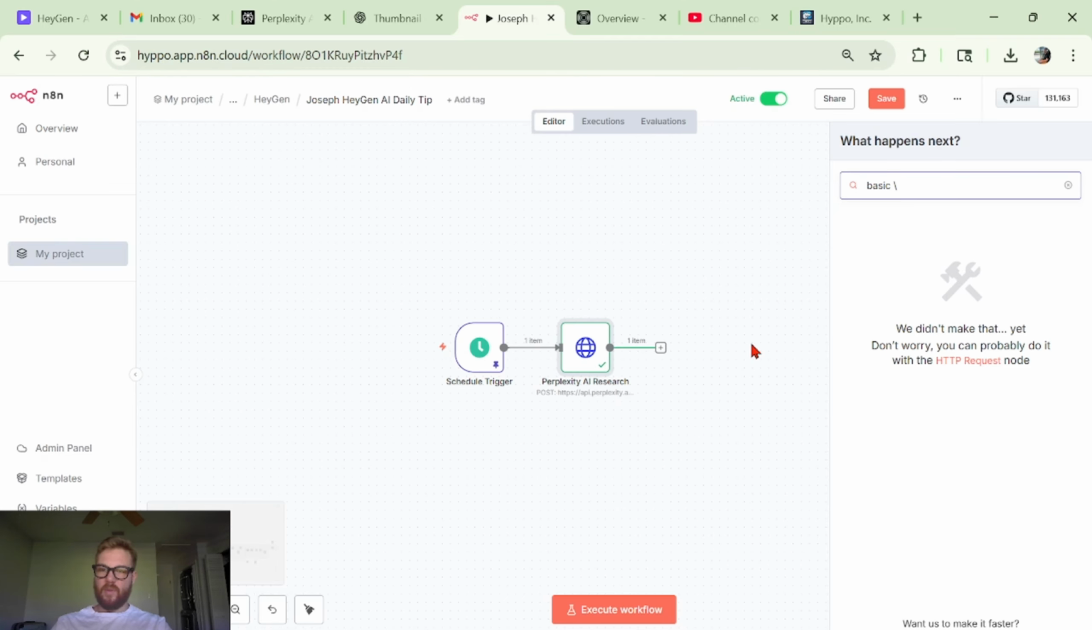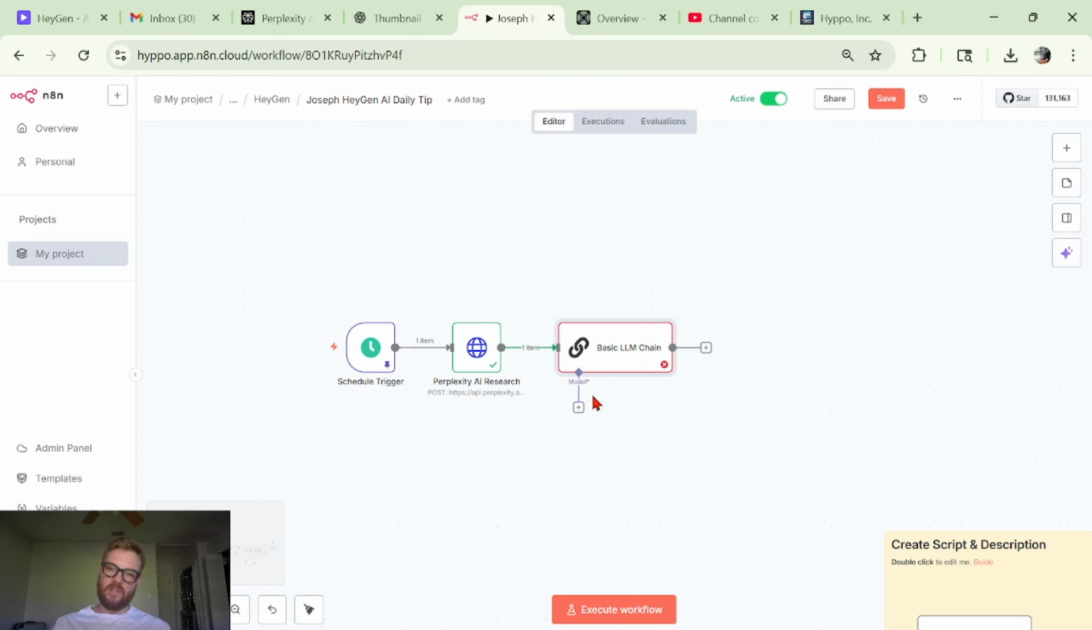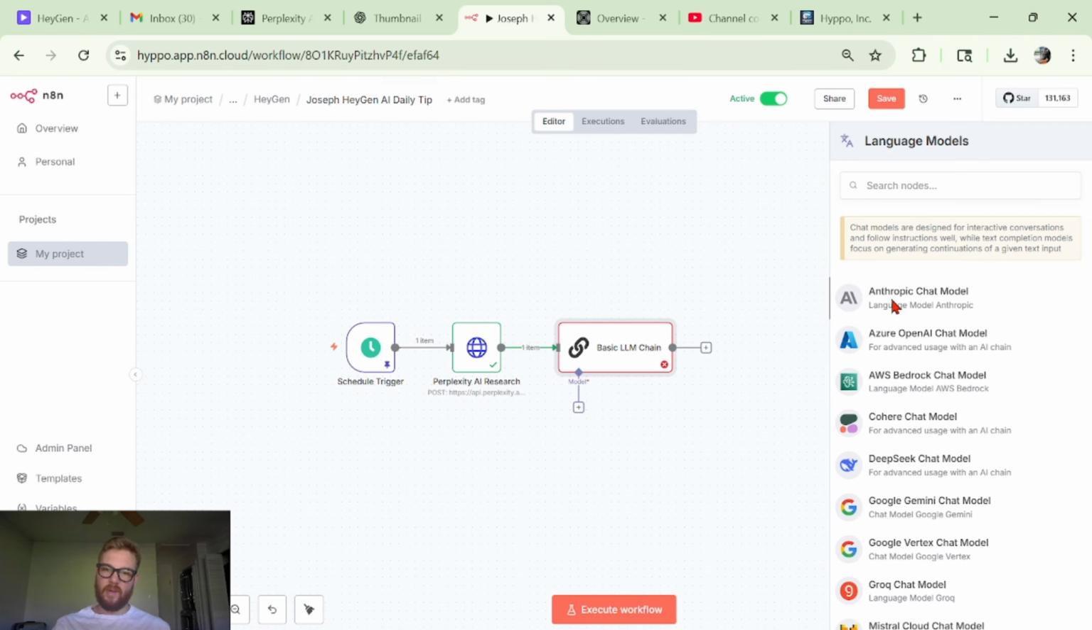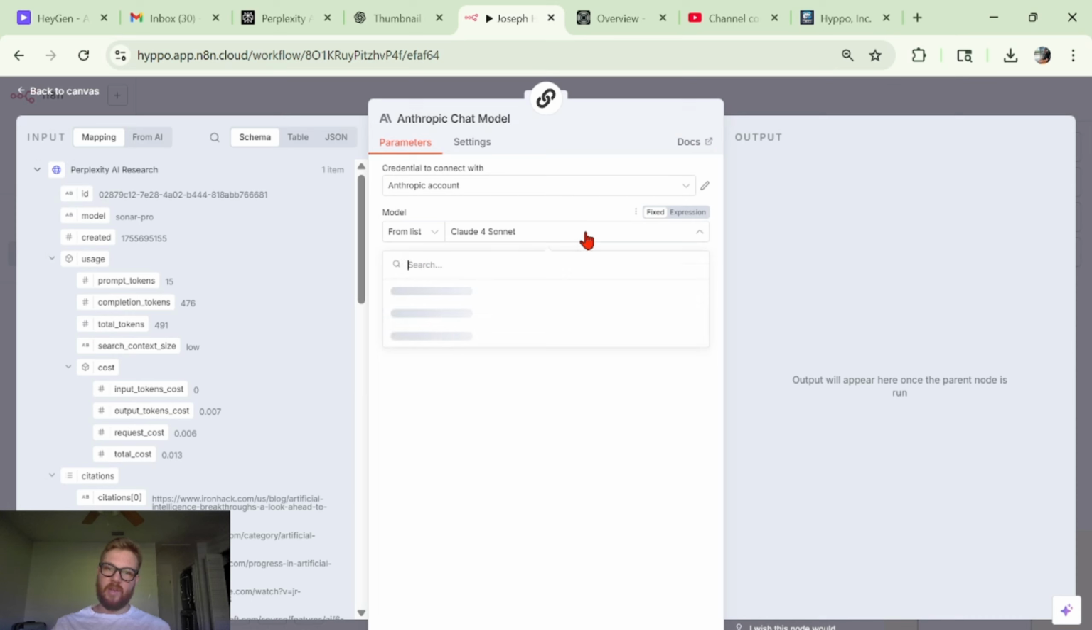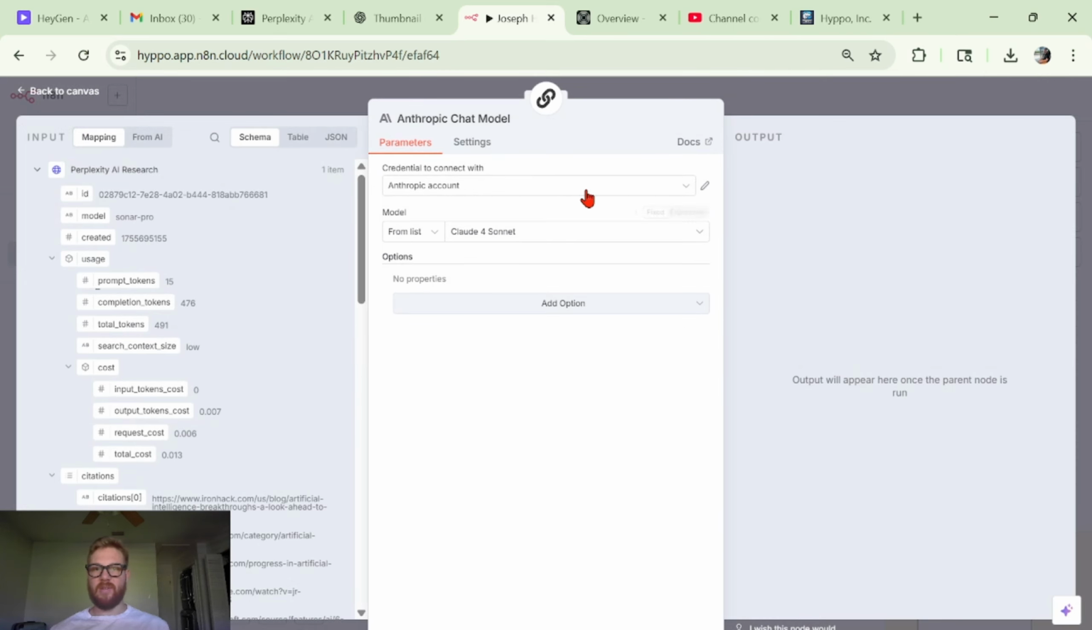So now we want to format that into something useful, and I think the best way to do that is just through a basic LLM chain node. So we're going to hook something up here. I'm going to use Claude, Anthropic, and I've been pretty happy with that when it comes to this type of thing. And real quick, you create an account,